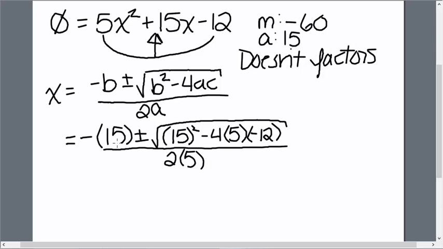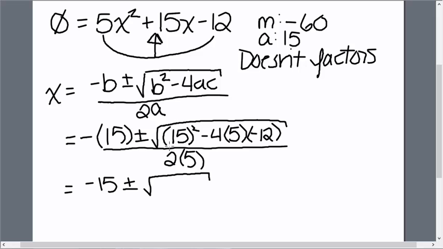Now all we're going to do is start simplifying, and we're going to go in pieces. This piece first, because sometimes there's a double negative and we just get rid of that. In this case it stays negative 15. My plus or minus is going to stay the same. My square root is going to stay the same. We're going to figure out what 15 squared is. So, 15 squared